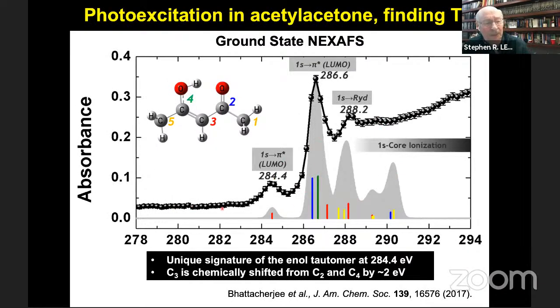So the first thing we need to do is just have a spectrum of the ground state of this molecule. For example, if I label these carbons 1, 2, 3, 4, 5, and they're color coded, I see that this X-ray spectrum, which is the black points here, is actually composed of some very discrete peaks. Like this red peak is this number 3 atom here, and these green and blue are the 2 atoms on the carbonyl groups. So right away, you realize that you're doing an atom by atom identification of where in the spectrum you're seeing